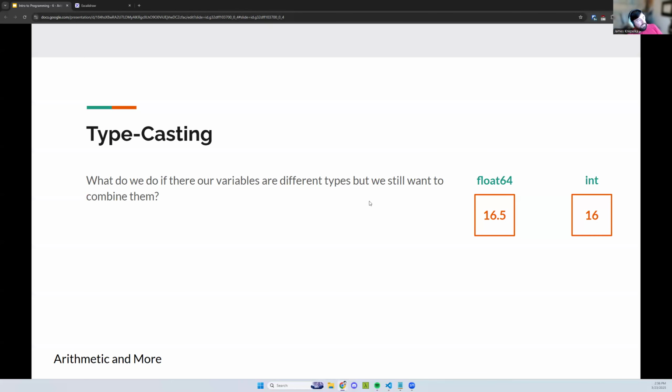So typecasting is what we do when our variables are different types, but we still want to combine them, right? If we've got a float, which is 16.5, in integer version, it's a 16, right? We can force it into something. But let's say I wanted to add, like, let's say I wanted to add, I don't know,